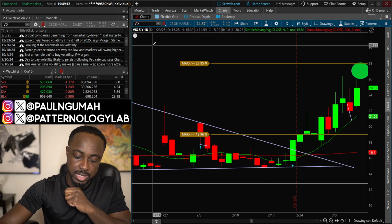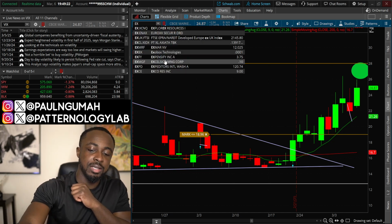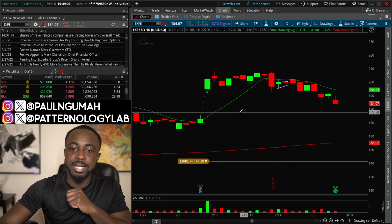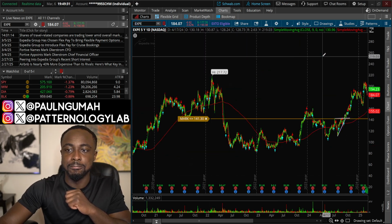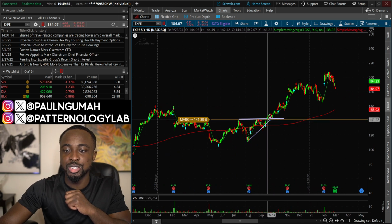All right, now the first stock to keep on you guys' radar. That one is a gap that is currently filling, a huge gap below. And I think it has a lot of room. It's Expedia, EXPE. When we look at it from the daily chart, massive move from the ascending triangle